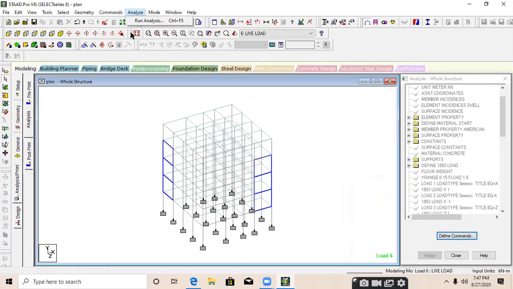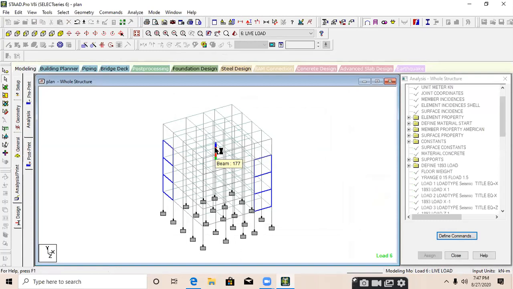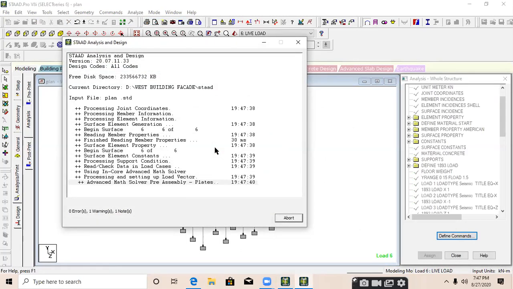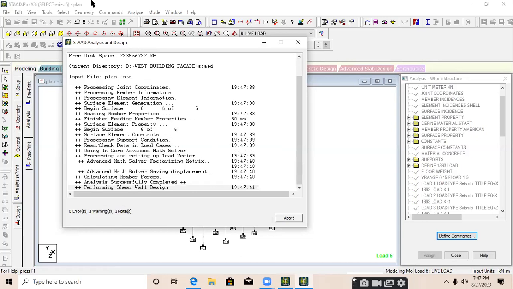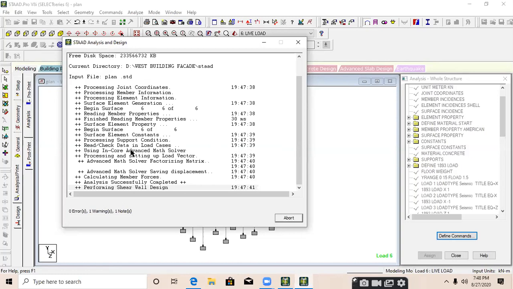Go to the analyze in a menu bar and run analysis. Save. It will take some time to analyze the structure.